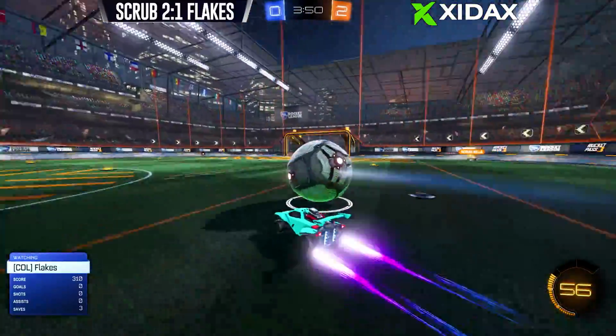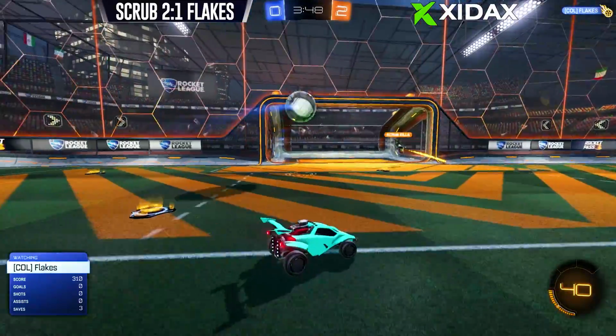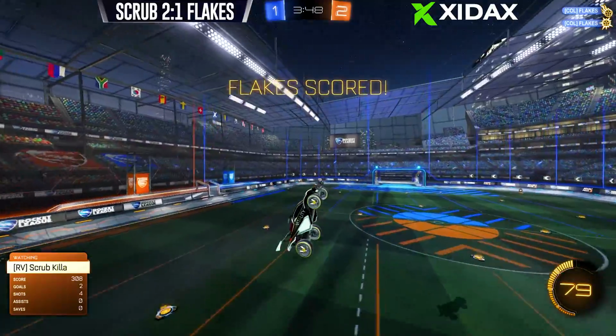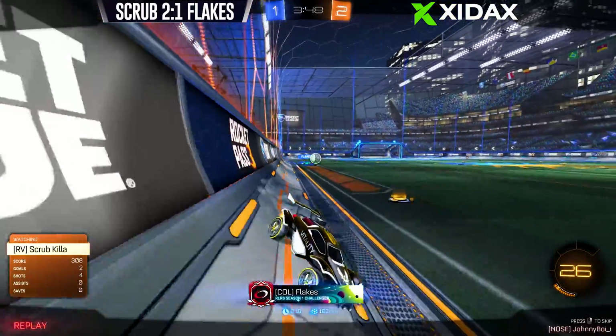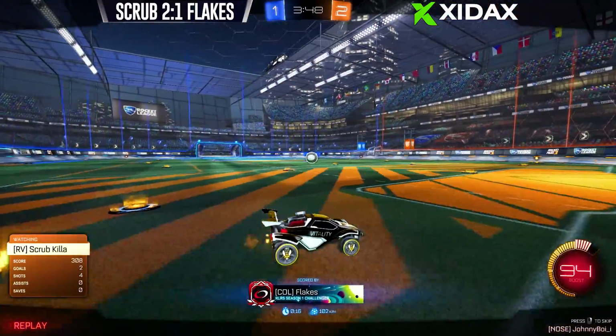Going all the way to a 5th game. Flakes has got Scrub in a really awkward position. The hook shot looks all too easy for him. Now if Scrub realizes that Flakes is planning to cross him over like this, he has to get closer to